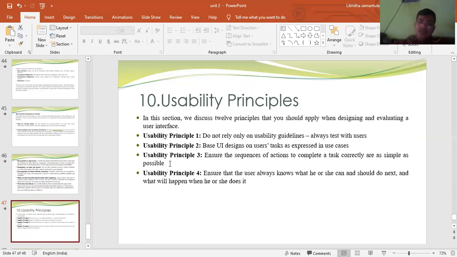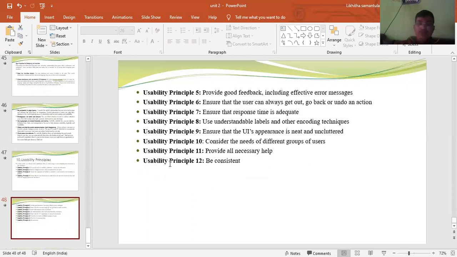Two, base UI designs on user tasks as expressed in use cases. Three, ensure the sequence of actions to complete a task is as simple as possible. Four, ensure that the users always know what they can and should do next, and what will happen when they do. Five, provide good feedback, including effective error messages.